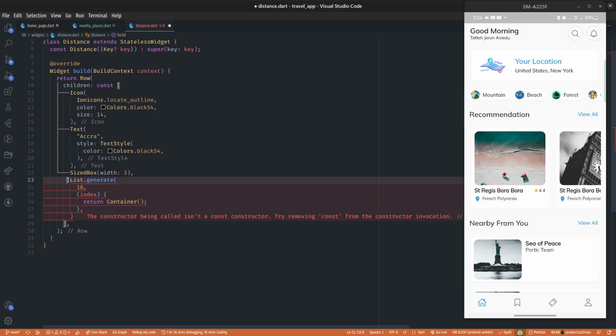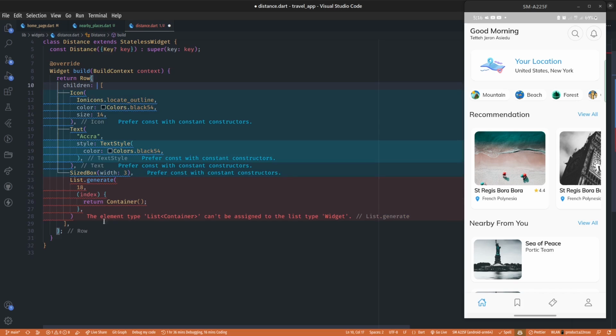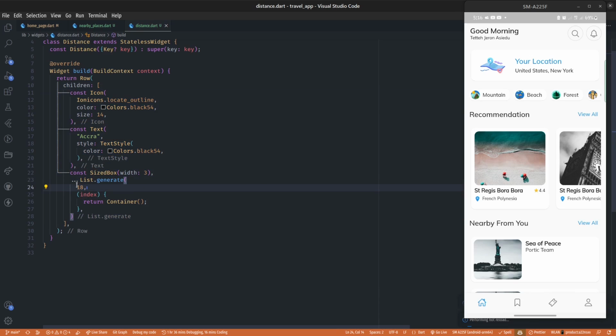Now this is complaining that the element type List<Container> can't be assigned to type List<Widget>. So we have to spread this, and putting the three dots before List.generate will spread out all these widgets into the row, so that this doesn't become a list on its own. And within the container, it's first going to have a height of just 2. That's a very short height. And the color